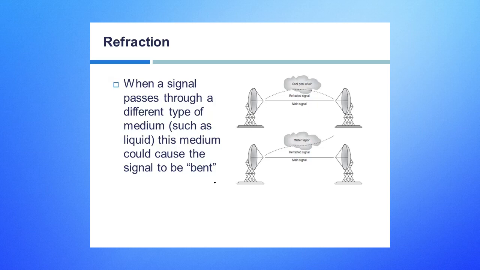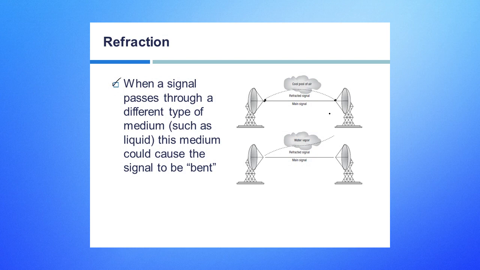Now, refraction is where a signal basically gets bent. We're not going to change the frequency of that signal. You could see, again, some absorption, but the idea here is, in this case, I got these two microwave towers trying to communicate between them, and depending on where they're placed and how tall they are, we might actually see